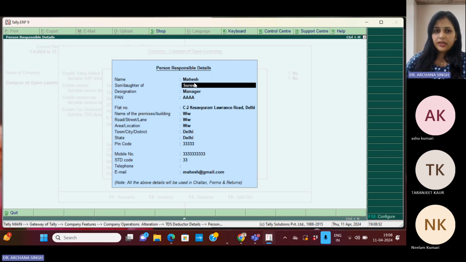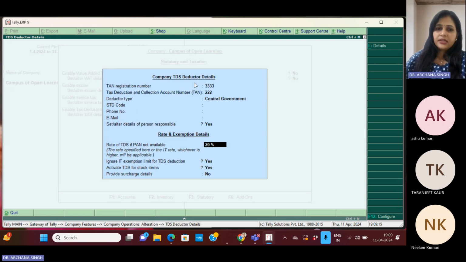can enter his or her name, then he is the son or daughter of whom, then his designation, whether he's a manager or executive, who is responsible, then his PAN number, flat number, residential address, then premises, building, road, area, town, city, state, and pin code, and his mobile number, STD, telephone, email, etc. Okay, and then what are the company's TDS, ये जब आप yes कर दोगे, that details you had fill regarding